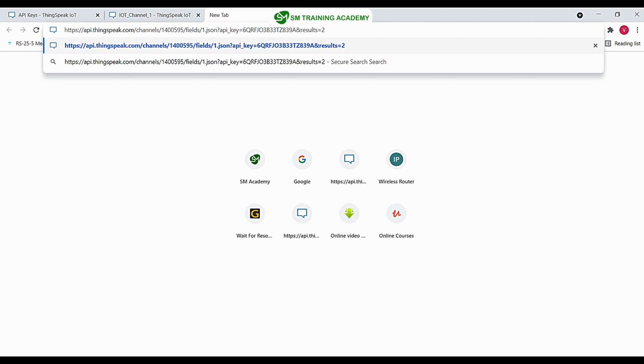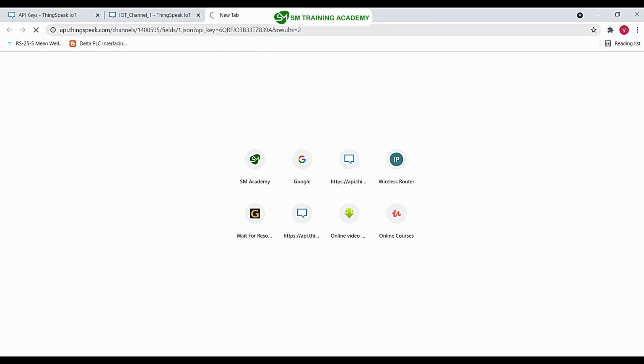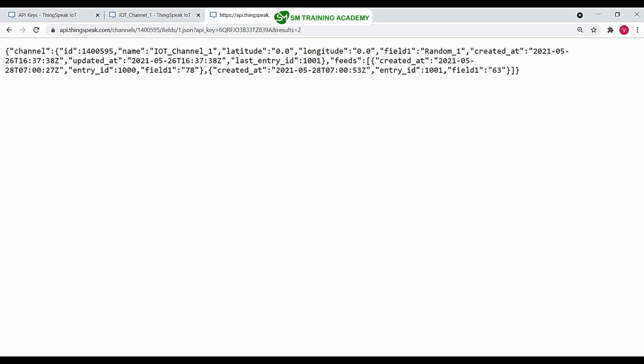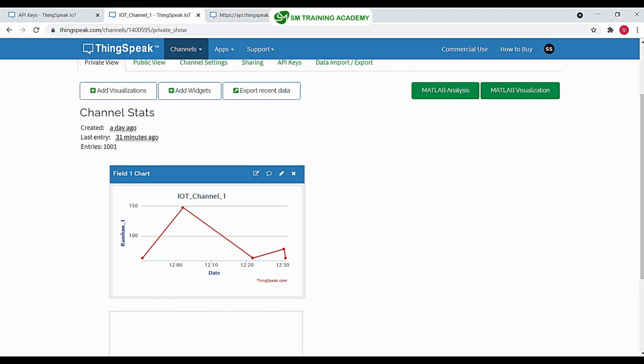And here this is the number of data that you want to read from the channel. Let's leave it as 2, and when I press enter, you can see the first data that I read is 78 and the second data is 63. So this is 78 over here, and this one is 63, which is the last updated data.